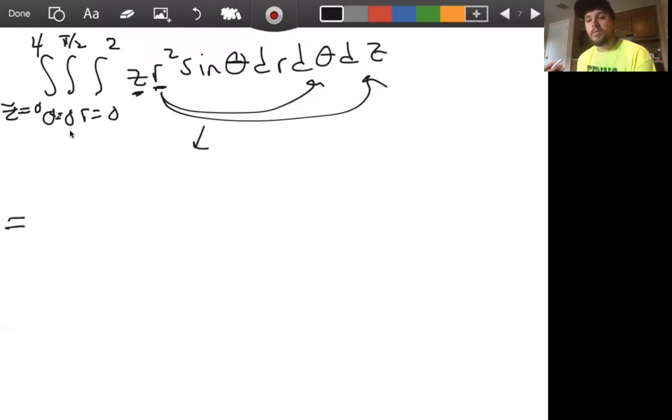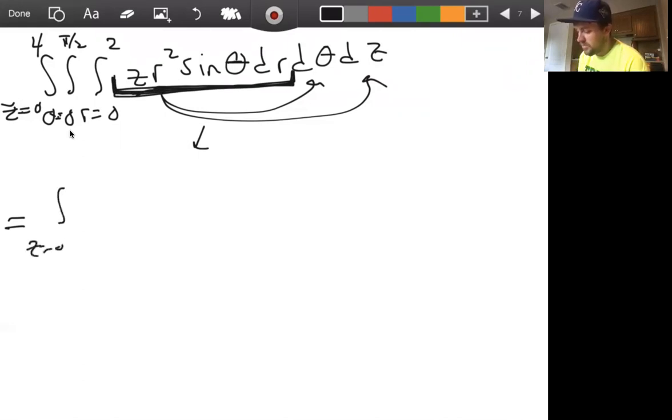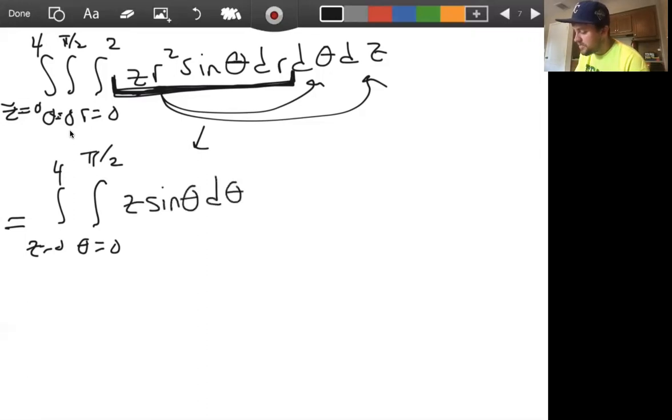slightly differently. We can pull constants out in front of integrals, right? And so if we're looking at the innermost integral here, which is dr, well, everything that's not r, if it's just a constant, then we can pull it out front. And so that means we can write this as z equals 0 to 4 times the integral theta equals 0 to pi over 2 of, and now we can pull everything out front of this integral that isn't an r term, right? And so that's z sine theta, and then d theta dz